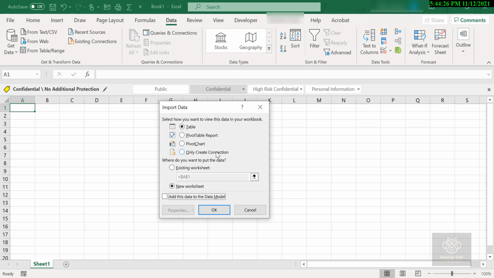Now the really neat thing about importing this data through these commands is that the table we are about to create is actually still connected to the original source, that original notepad document I opened earlier. So if somebody updates that text file, I can then refresh my table here and I would get the updated data.